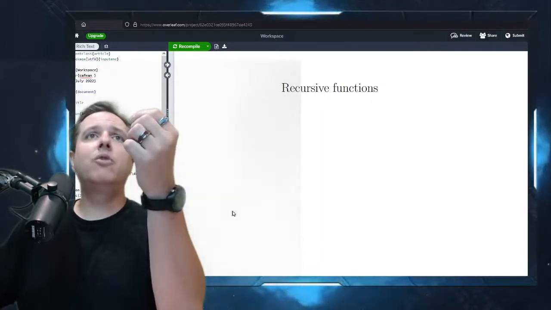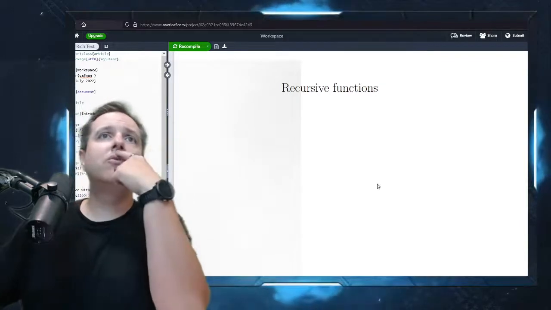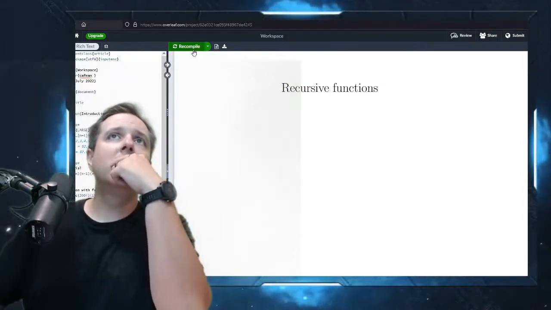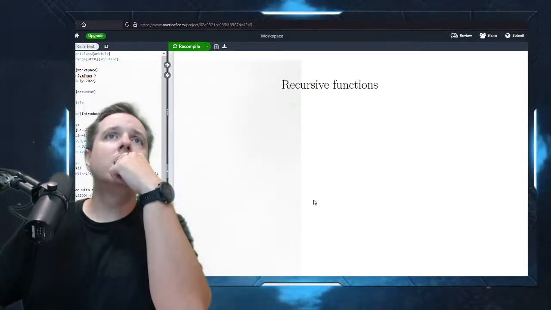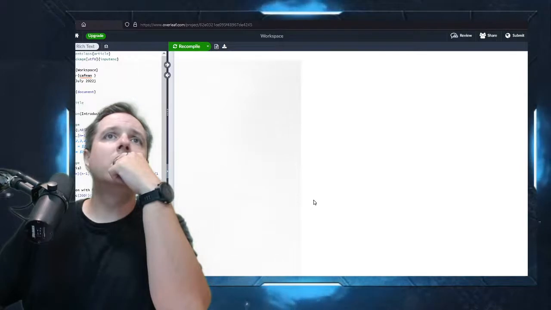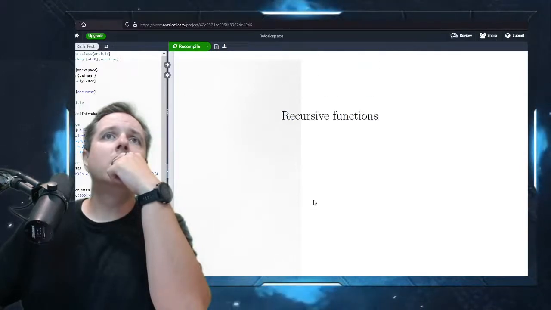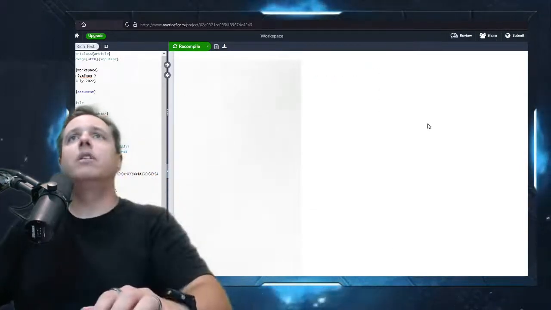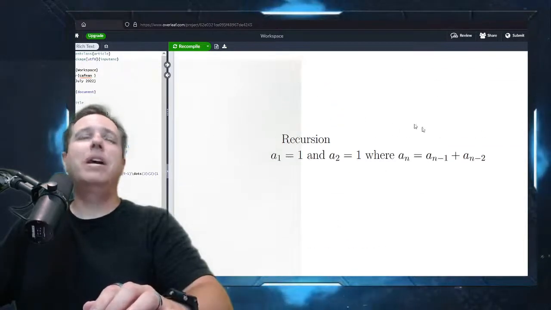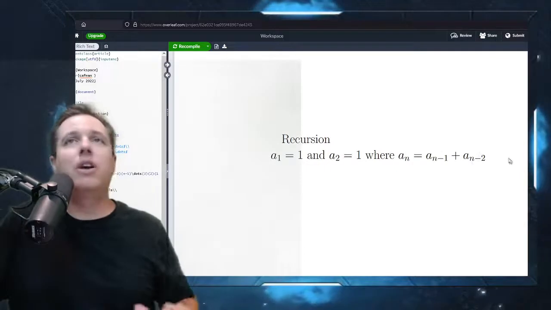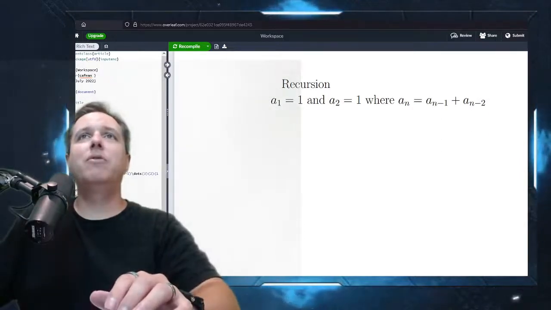And there's a couple of different ways you can write the Fibonacci sequence. Wait, what happened here? Oh, because I have a separate page. Okay, that was weird. I was looking at a different page and trying to figure out why this line wasn't showing up, but that's because I had something written on a different page.